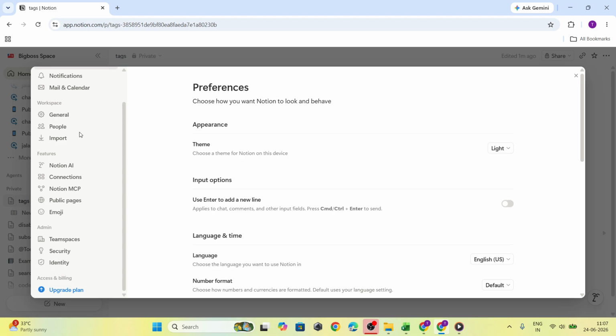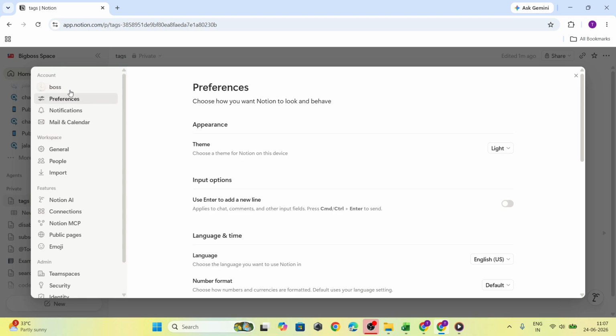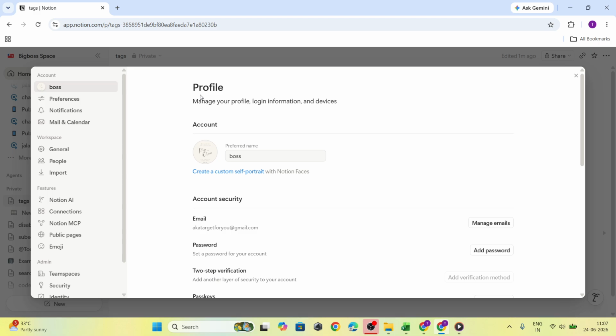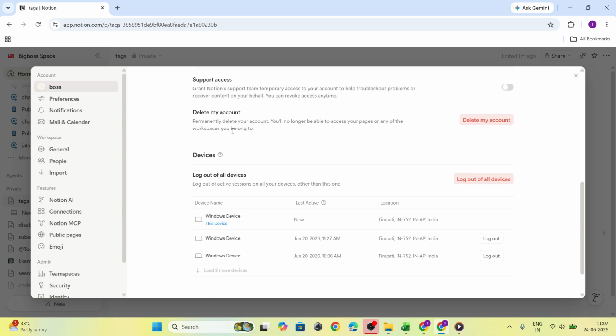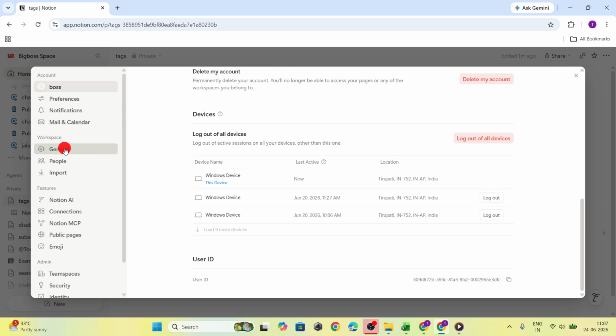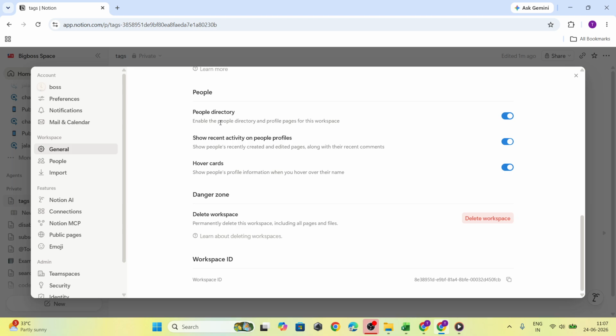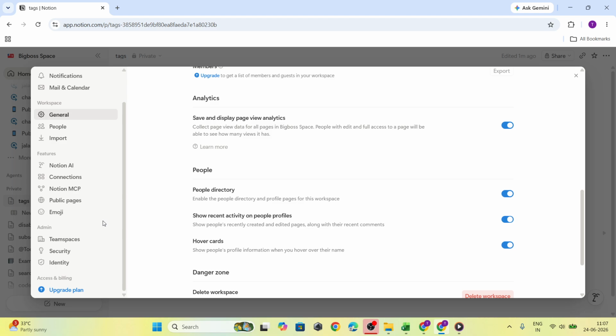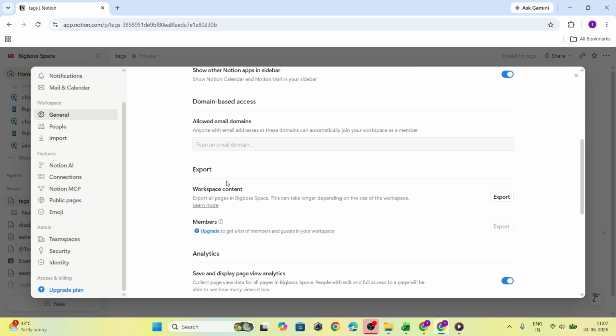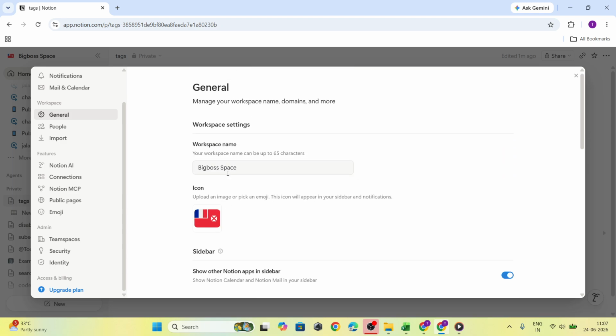Once the Settings panel opens, go to My Settings. Then scroll down until you find the Appearance section. This is where Notion lets you control how the app looks. Open the drop-down menu in the Appearance area and choose Dark. As soon as you select it, the interface should update right away. You'll notice the background becomes dark and the text shifts to a lighter color, making the workspace easier to view